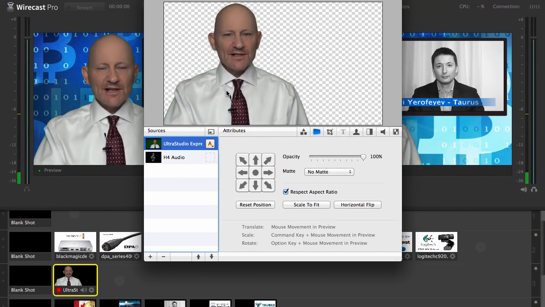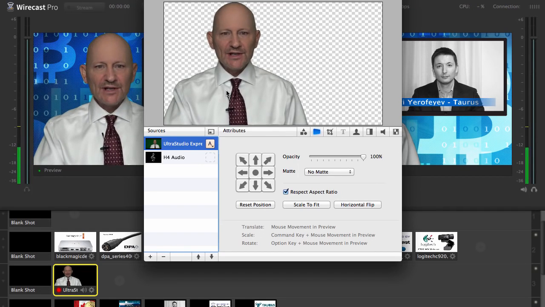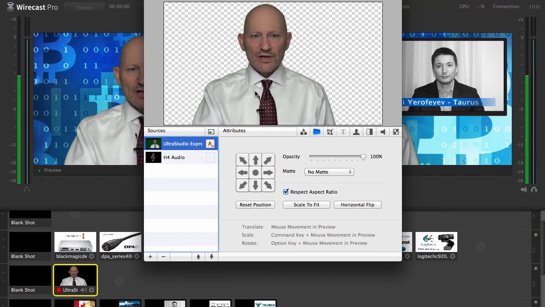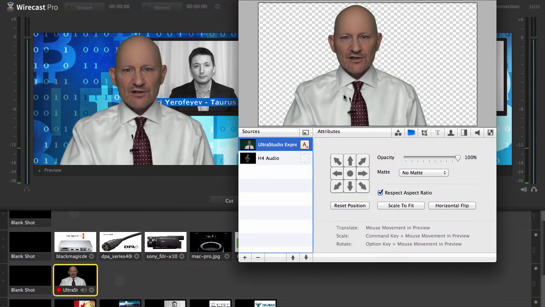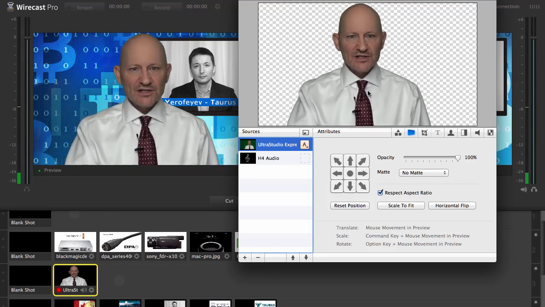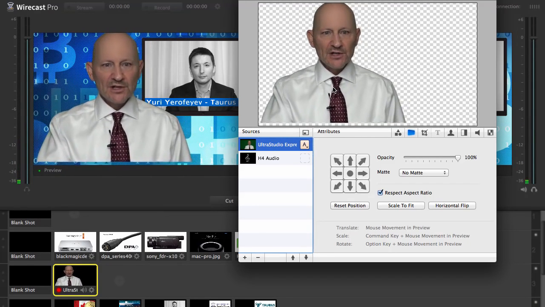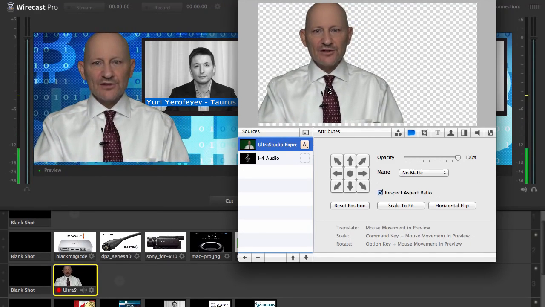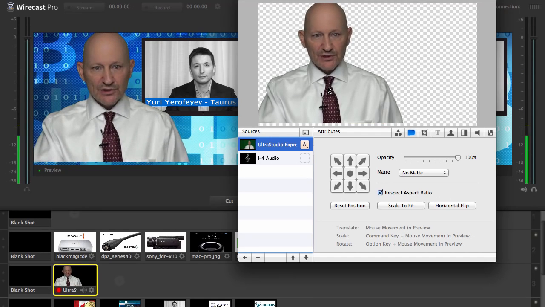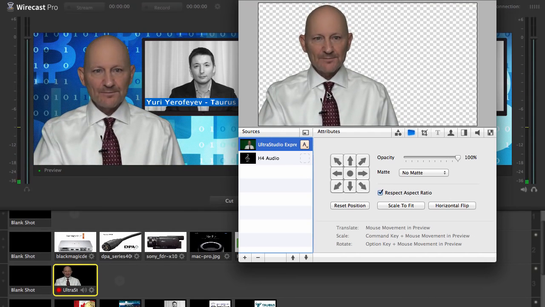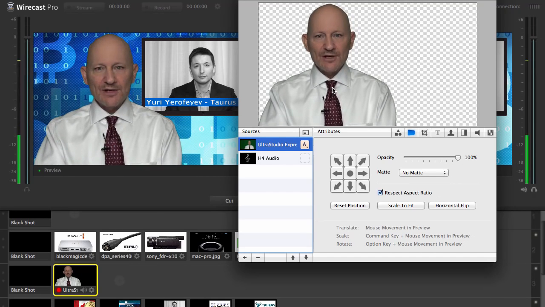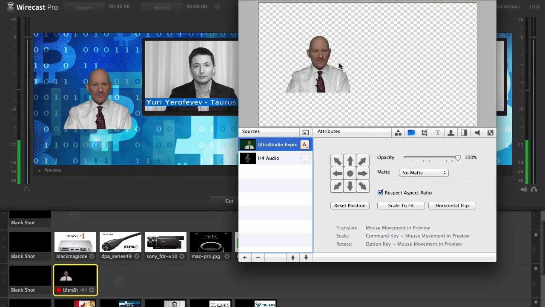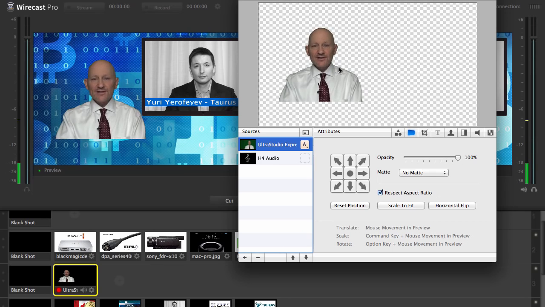So it works the same as any of the other graphics. Anything that you bring in, you can go ahead and move it. And by the way, let me just move this over a little bit because you can see this actually changes on my preview monitor in real time, and that gives me a better indication of where it's going to be sitting on the screen. And also you want to make sure you don't have yourself too high up because you can see there's a blue gap down there at the bottom. So I'll move myself down and I'll move myself over. But I can actually use that control button and zoom myself in or out as well if I want to make myself small. And you need to do that when you're using